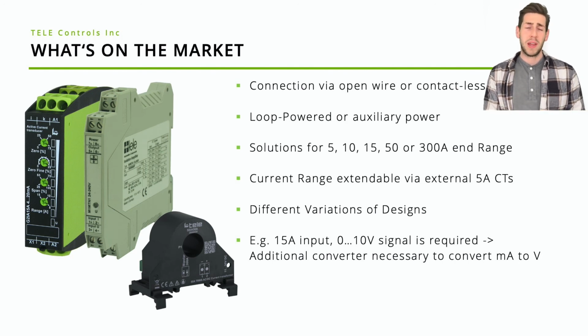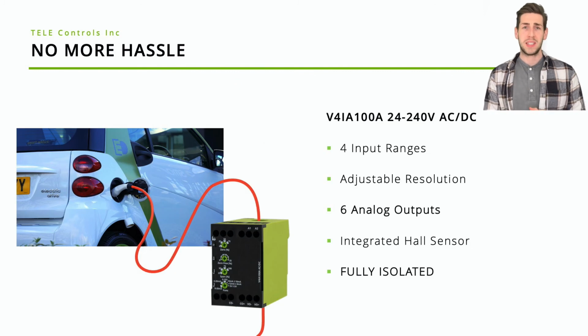Of course, depending on the purpose of your transducer or the application, you might also need some additional designs or varied capability. What Tele did is we improved that technology so that you only need one device to solve all your transducer problems. We have up to 6 analog output ranges, and you can measure any AC or DC current from 0 to 100